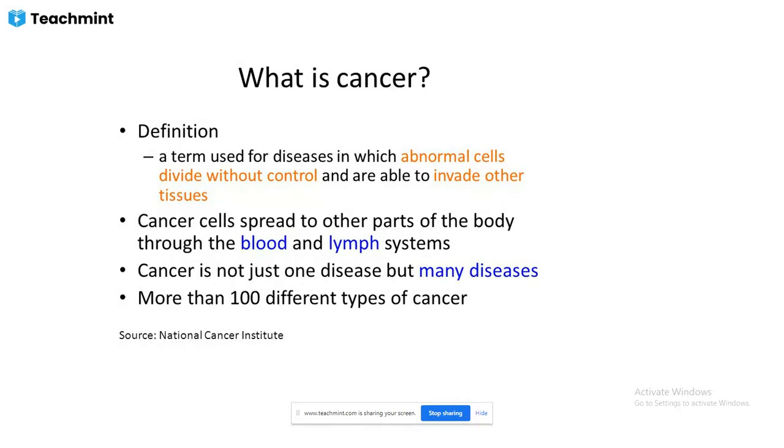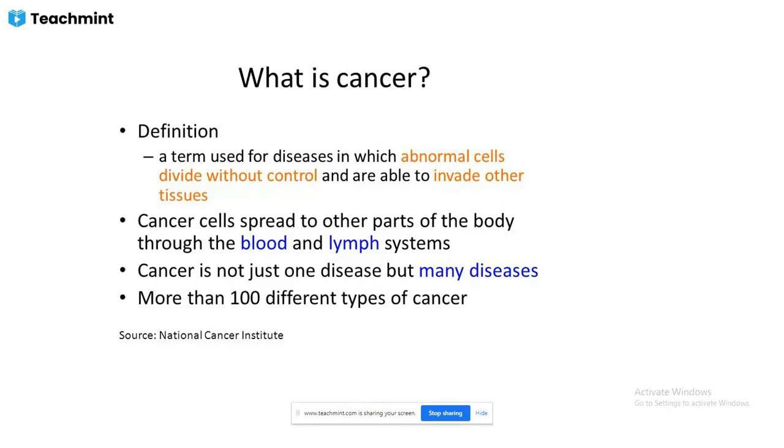A tumor can develop anywhere on the surface or in the interior part of the body, and not all tumors are cancer. There are generally two types of tumors. One is the benign type, and the other is the cancerous type, that is, the malignant tumors. So non-malignant tumors and malignant tumors are the two types.